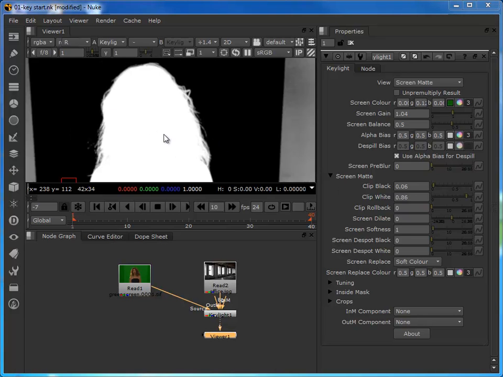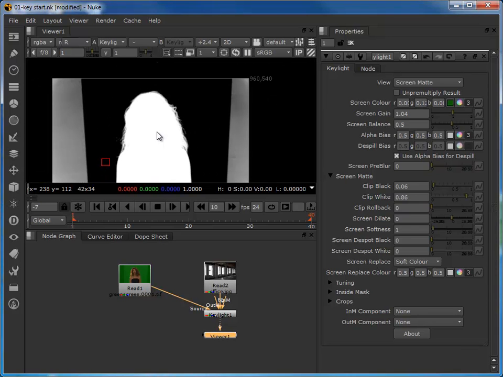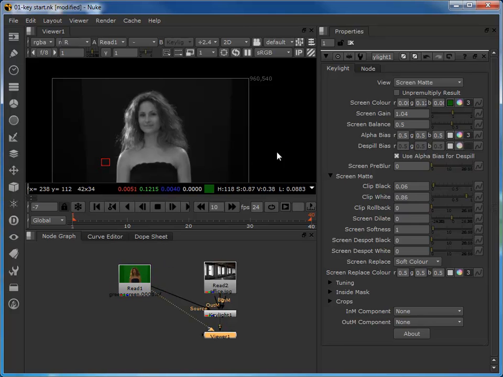Okay, so let's say that we are happy to accept the matte as it is at the moment. Obviously, we've got this good separation between the transparent and the opaque areas. Now, what about this area here? If we remember, if we come back to our source,